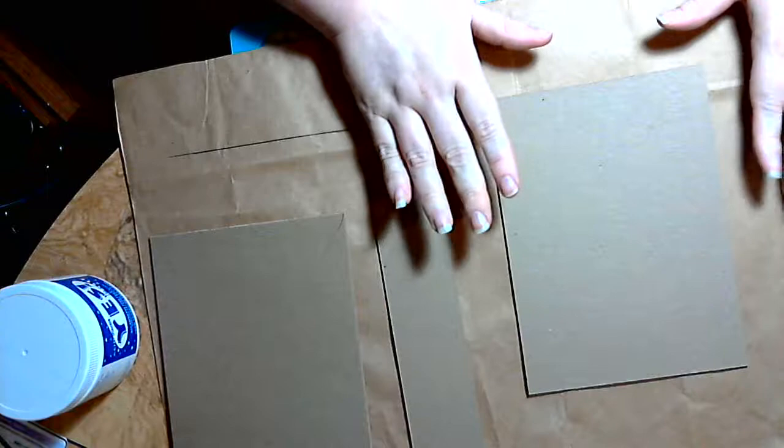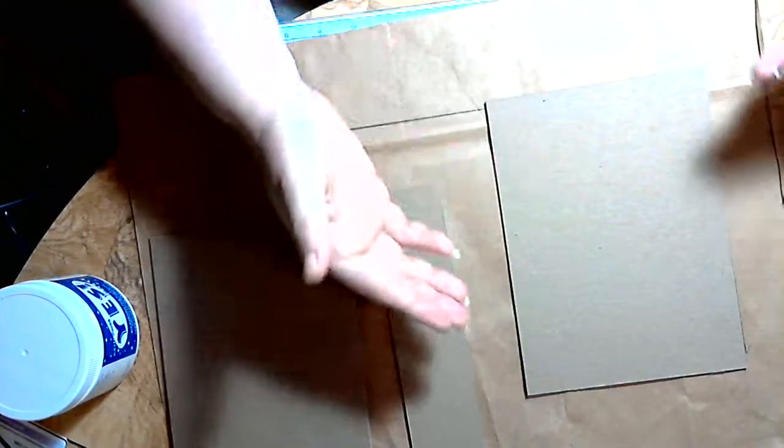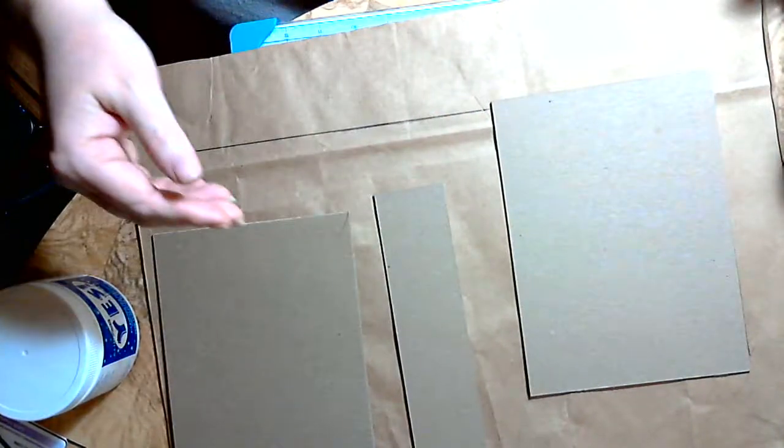You don't have to be perfect, but you do have to pay attention to spacing, because you have to make sure you have enough paper to wrap around, or all you're going to do is start over again. Okay, so